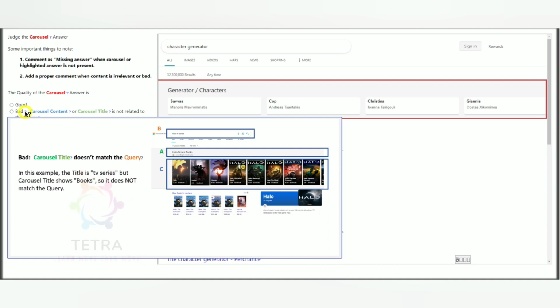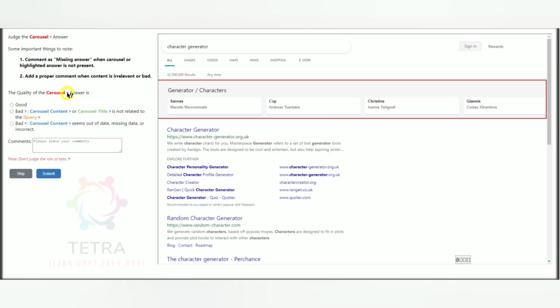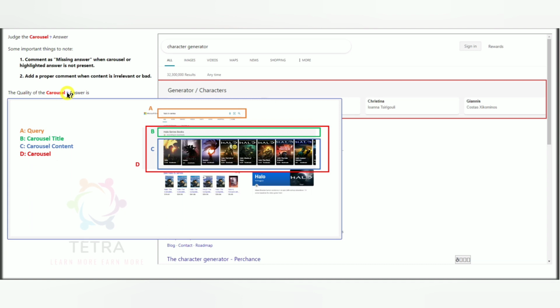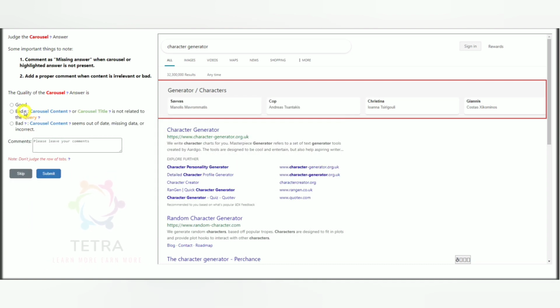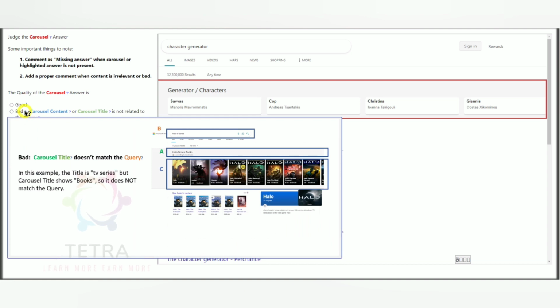In B the search query is given, A is the title of the carousel and C is the carousel. You just learned this earlier. So remember, whenever the query doesn't match the carousel title, it goes to bad, the second option.